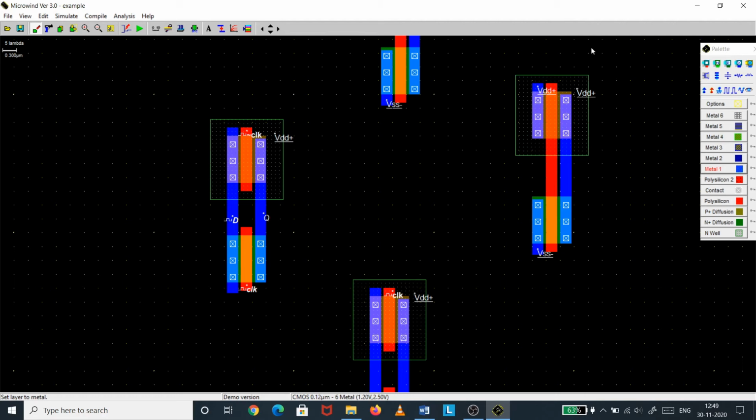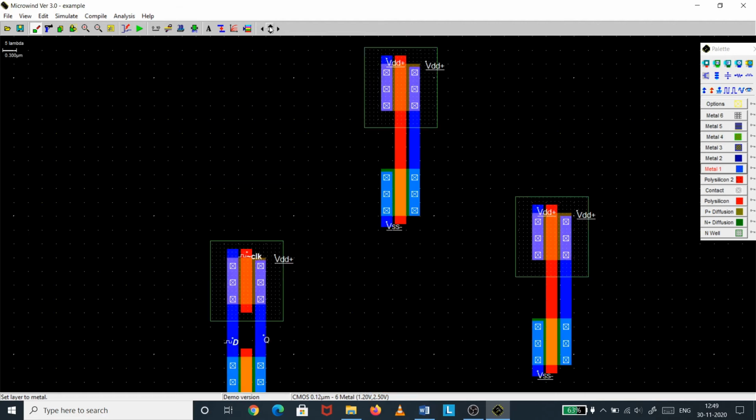The CMOS inverter input is of metal type, so I will take one polysilicon out from this, and now I will try to connect it. This overlap should be proper.